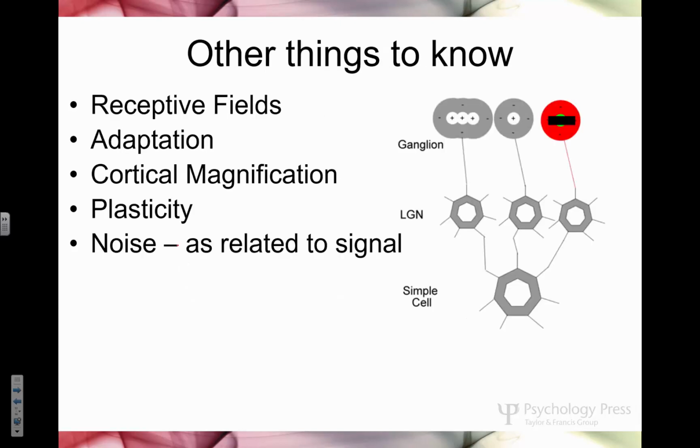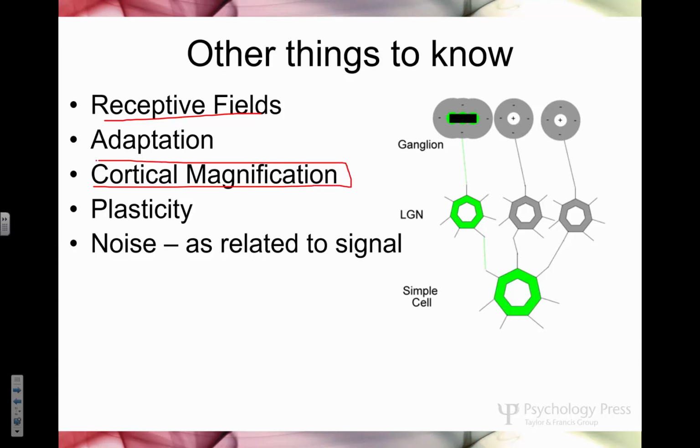Oh, receptive fields is important. We will talk more about this later. It's going to make a lot more sense when we talk about your skin. The basic idea with receptive fields is that each cell, whether that cell's in your brain or out in your body somewhere, has a specific part of the world, relative to that system, for which it's responsible. If it's in your visual system, there's a particular point in the visual field that it's responsible for. For touch, there's a particular small area of your skin that it's responsible for, right? So when you get outside of that receptive field into another receptive field, you're activating a different cell.